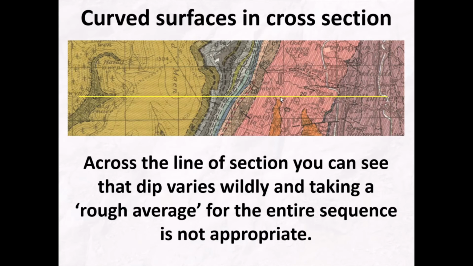Well, we have a nice example of a curved surface, like one of these concentric folds, and the method that we're going to have a look at now you can use for any curved surface where you have suitable structural information. If we look at this line of cross section, we can see that the dip has a change to it. So for example,